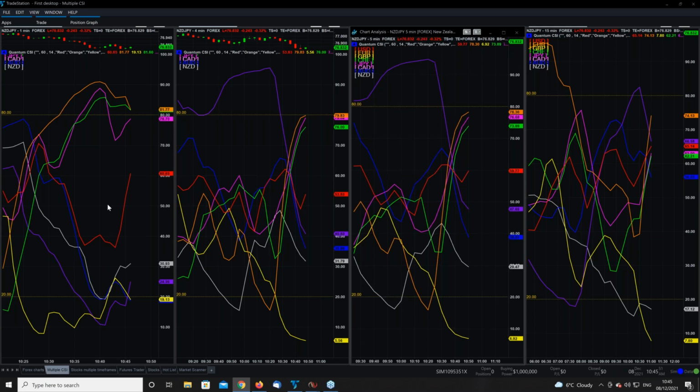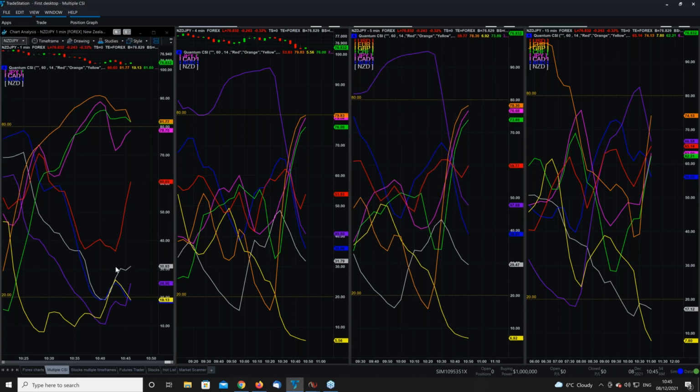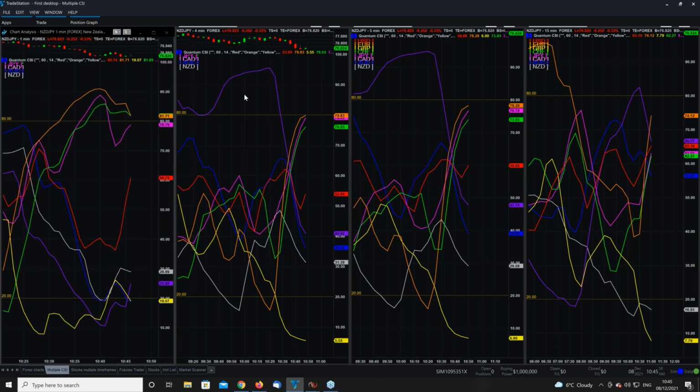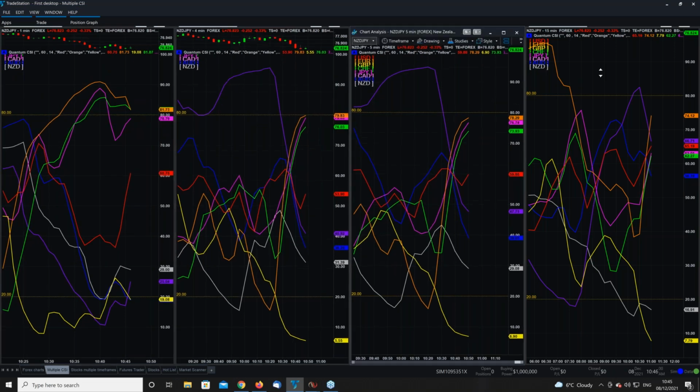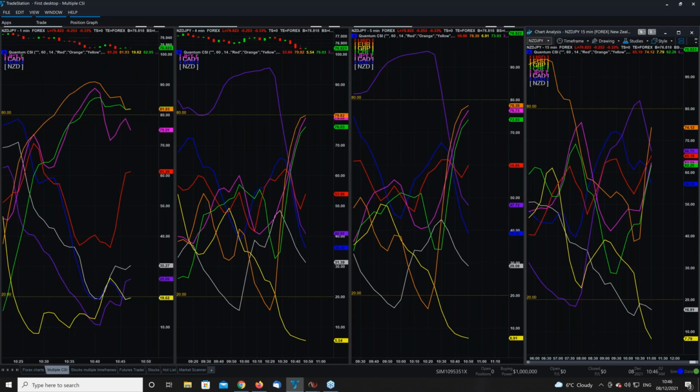We're back on TradeStation here. This is on multiple time frames, so you can see what's actually going on. This is on 1 minute, this is on 4, this is on 5, and this is on 15. So a nice spread across the time horizons. We've got this very strong buying in the euro. The angle of inclination is telling you it's strong. It's a very strong move. You've got exactly the same going on in terms of Swiss franc. You can see that very strong buying coming in on the Japanese yen, this magenta line here.